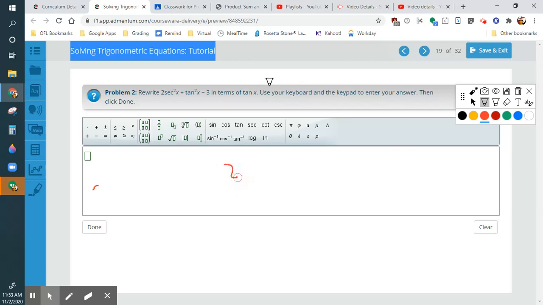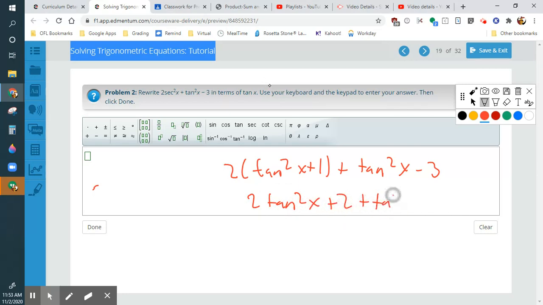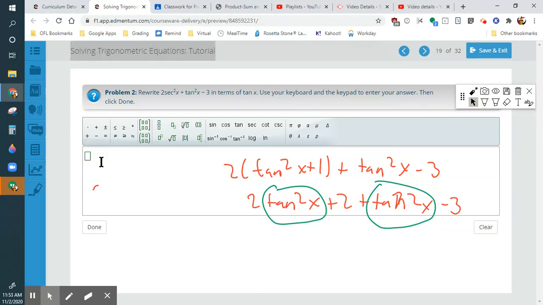So I'm going to get this 2 tangent squared x plus 1 plus tangent squared x minus 3. Distribute this out. I get 2 tangent squared x plus 2 plus tangent squared x minus 3. Because the exponent and the trig function are the same, these are like terms. So my answer ends up being, and there's a 2, and there's an invisible 1 in front of here. So we get